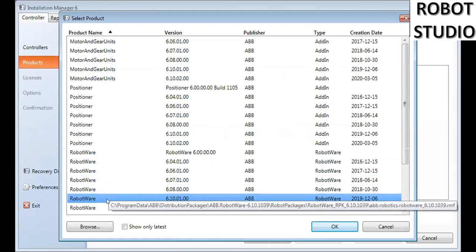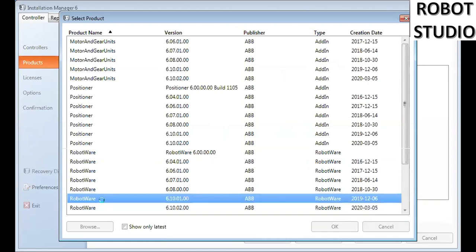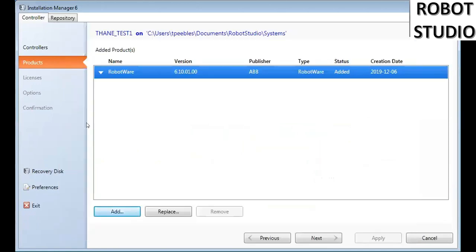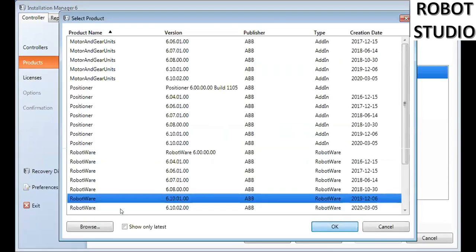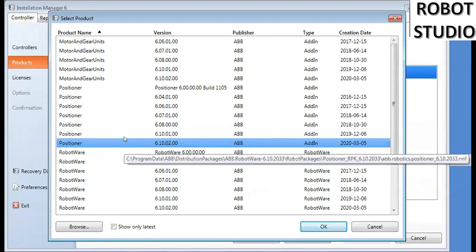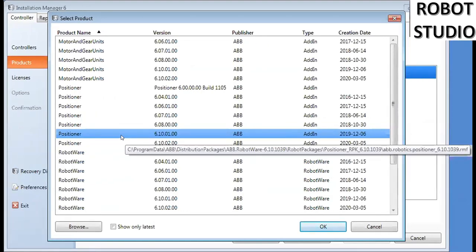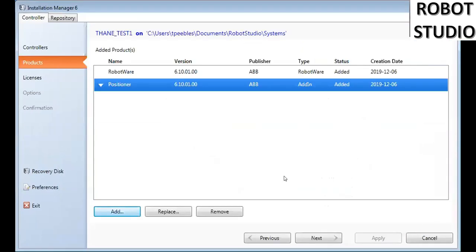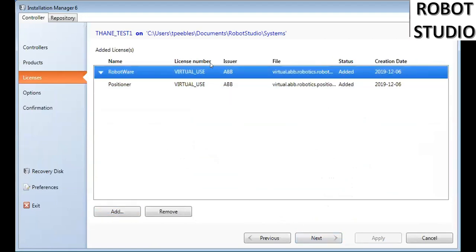We need the robotware. We're going to use 6.10-01, so we'll add that one in. And since we have a skyhook positioner coming in, we also need to grab the positioner option. Once we hit the next arrow on that, it shows us the licenses we're using. Right now we're using the virtual free license that ABB gives to us. So we hit the next arrow,